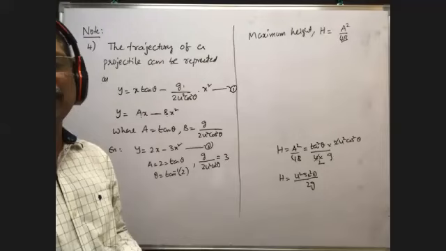But that is equal to v square by r, where v is the speed of the particle at this point, perpendicular to this radius vector, and r is the radius of this circular path at that point. From this, r is equal to v square by g cos alpha. So this is the formula for the radius of curvature of the curved path at that point. Here alpha will be given, or we can calculate it.